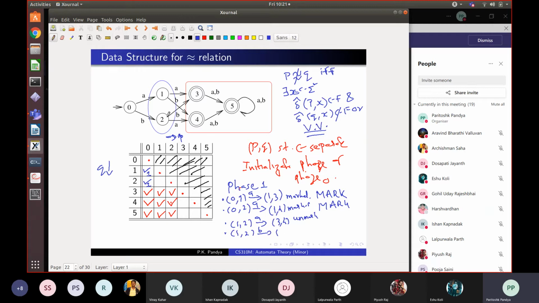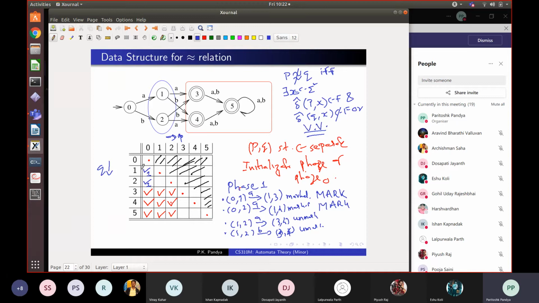So on a B it will go to 4, 3, right? Now this 4, 3 is equivalent to 3, 4, because this equivalence is symmetric. So we can also call this 3, 4 if you like, and this is unmarked. So 1, 2 does not get marked in phase 1 because no change occurred to it. Okay, so this will not get marked, and you can work this out. What about 3, 4? 3, 4 will also not get marked. 3, 5 will not get marked, and 4, 5 will not get marked, right?